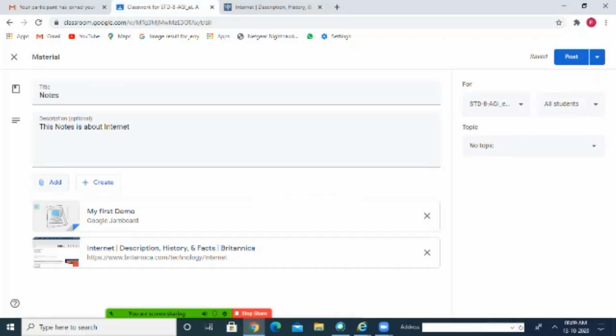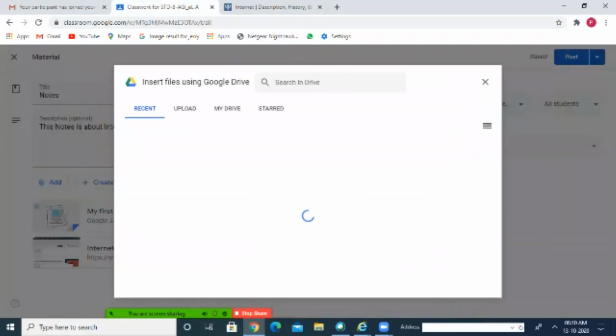Now I am going to add the material through file. File means which I already have with me. So I will click on the file option and I can choose it from any drive. I am going to upload from the system itself. Upload, browse.